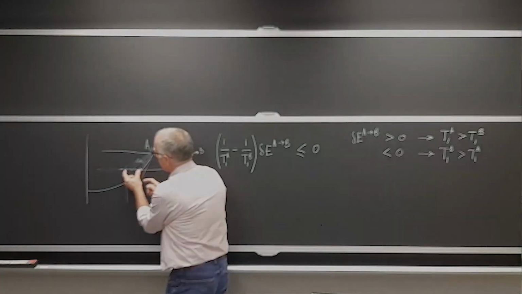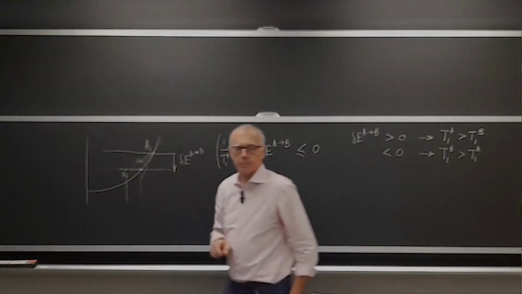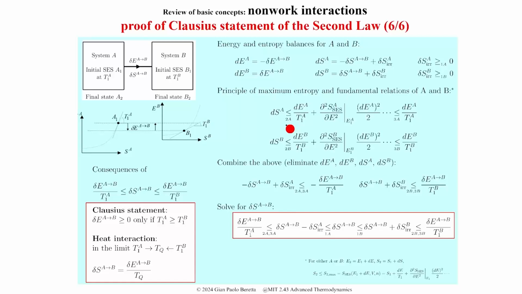So in other words, that inequality measures how distant you are from equilibrium. Okay. So that means that if system A ends up in a stable equilibrium state, you have the equality here in 2A, and the same for 2B. 3A and 3B are,